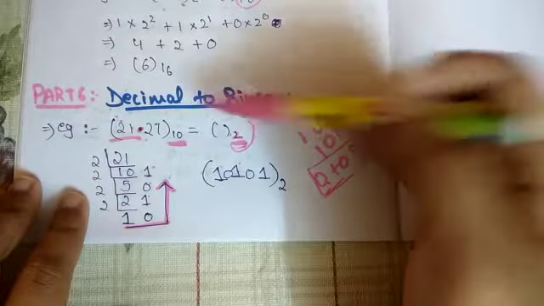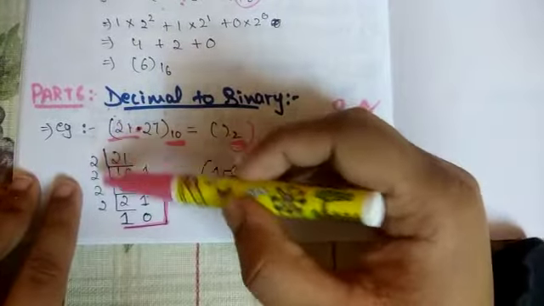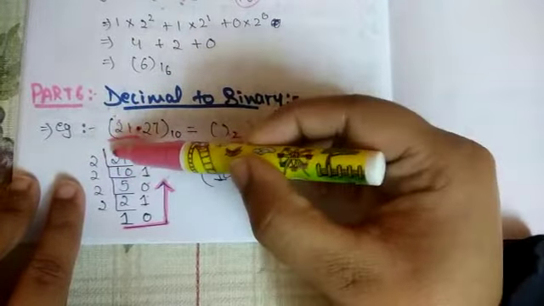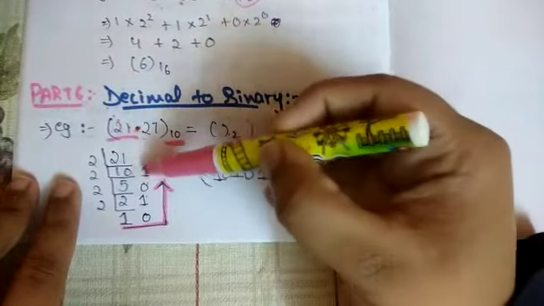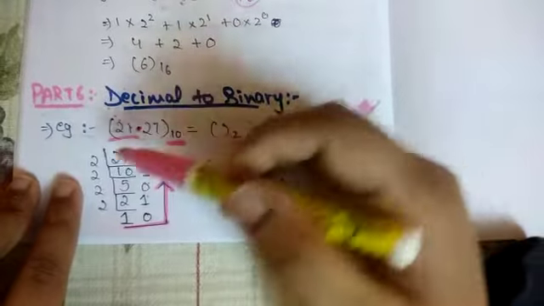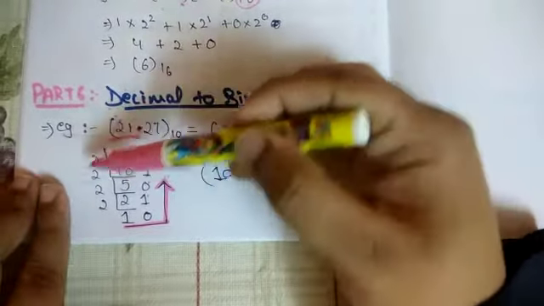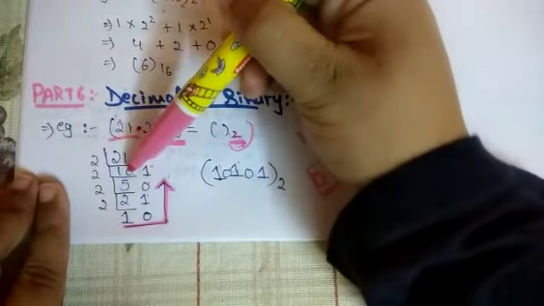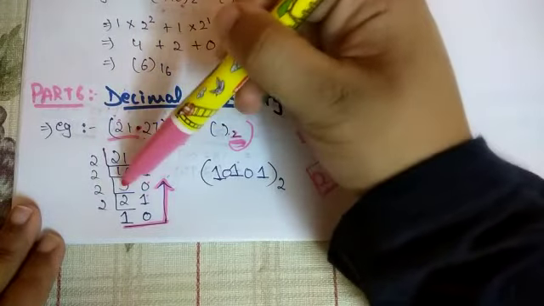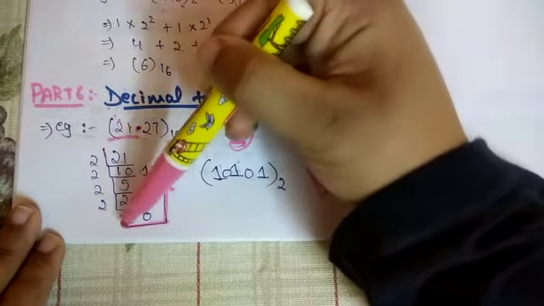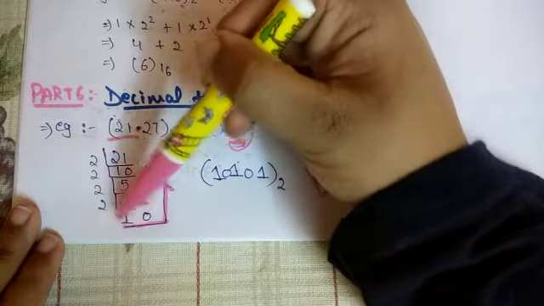So we are taking the before-decimal digits and dividing them by 2. We divide 21 by 2 normally, and whatever the remainder is, we write it over here. Starting with 21: 2 tens are 20, remainder 1. Then 2 fives are 10, remainder 0. 2 twos are 4, remainder 1. 2 ones are 2, remainder 0. So here we have arrived at 1.